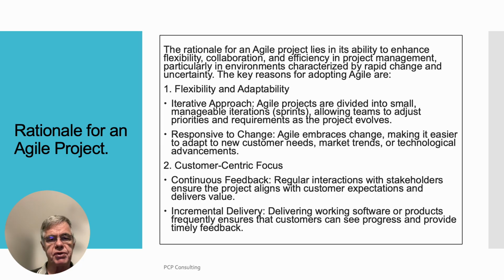The rationale for an agile project lies in its ability to enhance flexibility, collaboration and efficiency in project management, particularly in environments characterized by rapid change and uncertainty. The key reasons for adopting Agile are flexibility and adaptability, iterative approach. Agile projects are divided into small manageable iterations or sprints, allowing teams to adjust priorities and requirements as the project evolves. Responsive to change. Agile embraces change, making it easier to adapt to new customer needs, market trends, or technological